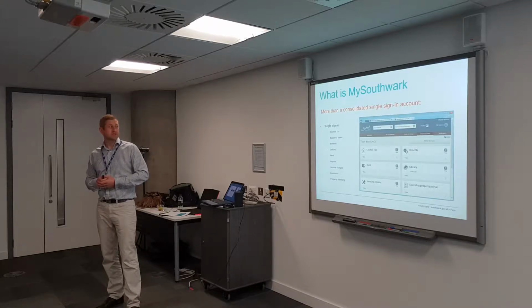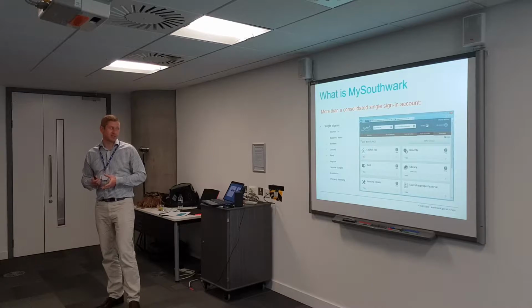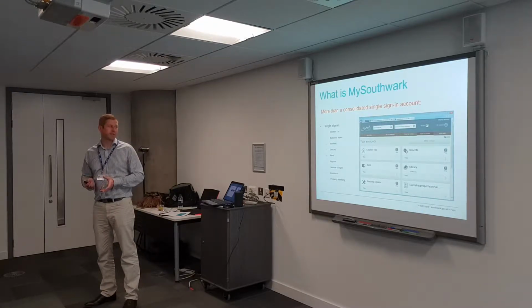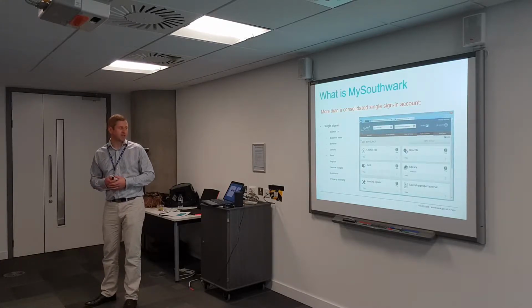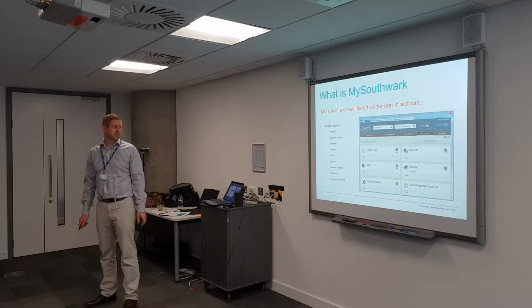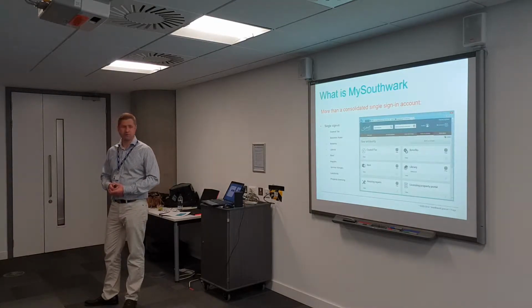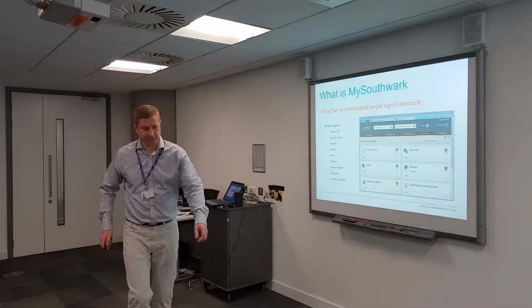So today, people can sign in for their council tax, their business rates, all their benefits and council tax reduction. They can access their library account and their rent accounts. They can see their repairs history and raise new repairs. They can view their service charge accounts. There's a landlord section, which is benefits again, so I think landlords can sign in to see their benefits, and we've got a property licensing section.